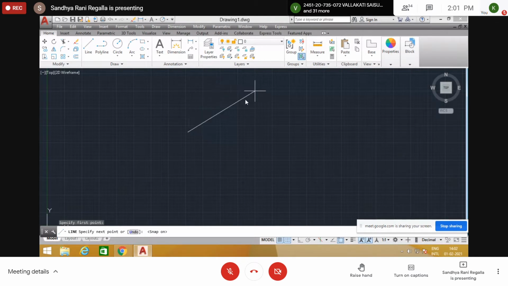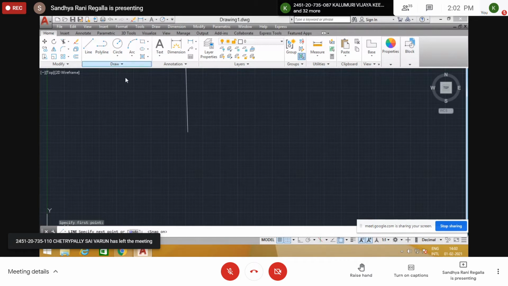Here to here. In between, if I want to draw anything, it will not come in between, because the snap spacing in X direction is given as 5. From here to here is 5 units distance. So if you want to draw anything in between, at 1 unit or 2 units, this cursor will not move there. The cursor is allowed to move only at a distance of 5 units. In Y direction also same thing, 5 and 5, like this. So that is a restriction over the cursor.